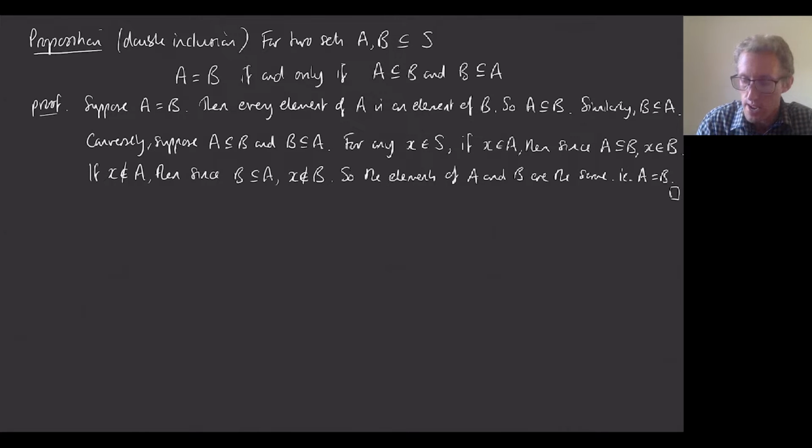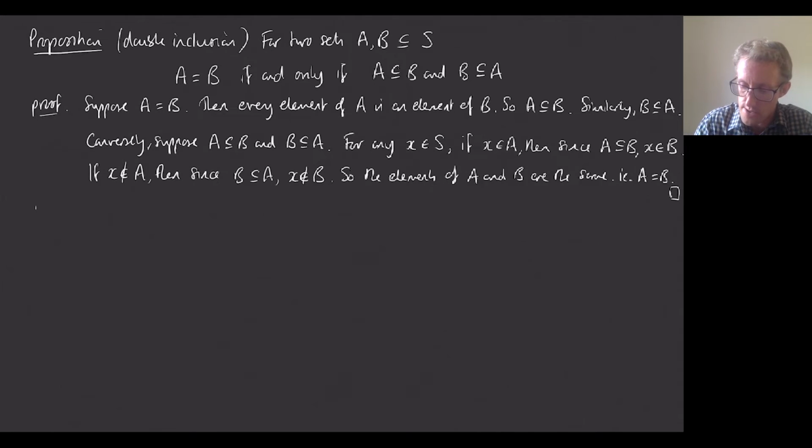But I was wanting to point out that when you have to prove something like this, really try and separate it out into two different directions. So here I was trying to make that clear by saying, suppose the left hand side is true, and then we come to the conclusion that the right hand side is true. And then we said conversely, which is a good way of saying now we're going to go the other way around. Conversely, suppose that the right hand side is true, and then we try to arrive at the left hand side.